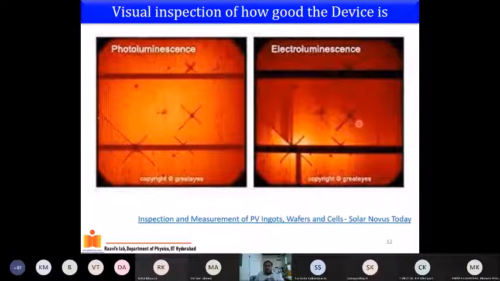These are the regions which are showing low electroluminescence, meaning that the cells which make up this small area of the entire module have gone bad. Things where you don't see any light, like this dark spot here or this, are all places where the cells have already been damaged. That's how one can do a visual inspection of how good the device is. Electroluminescence is one of the best ways. In fact, electroluminescence can always be used to study the material aspects of your devices, even when you look at lab scale devices.